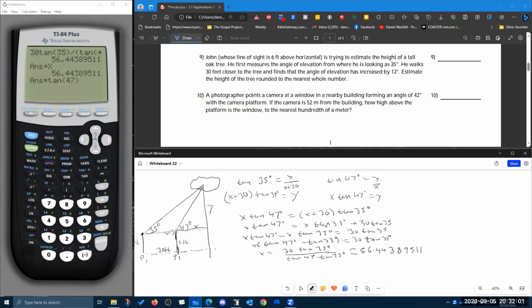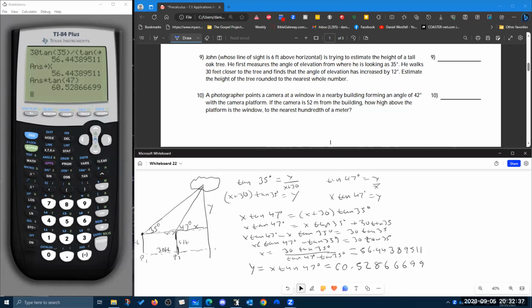So that means that y is equal to x tan 47, which is equal to 60.52866699. But I'm not done because I still need to add 6 feet